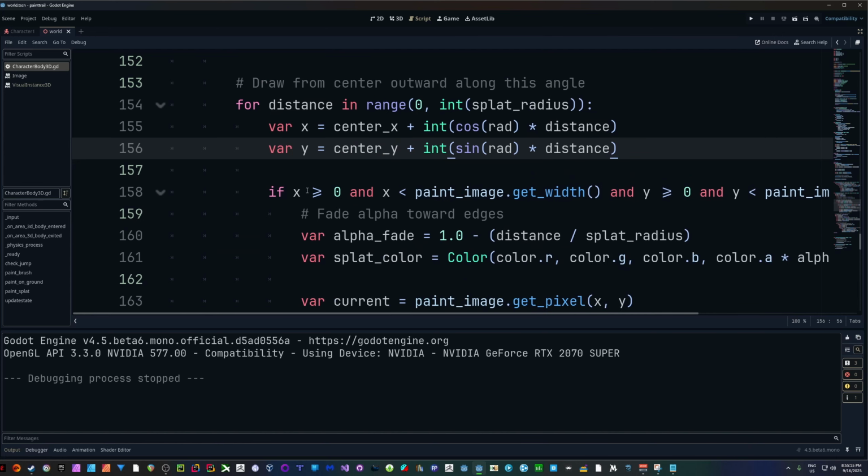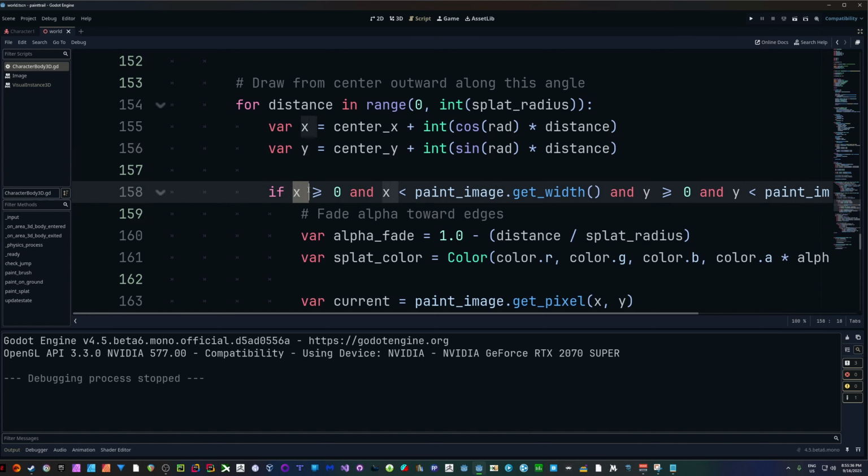I know this seems a lot more complicated, especially compared to the paintbrush. So hopefully you're following along and understanding what's going on. All we're really doing with this so far has just been math to figure everything out. So let's continue. If x is, just like we did before, greater than or equal to 0 but smaller than the width, same with our y, if it's greater than or equal to 0 and smaller than the height of our image,